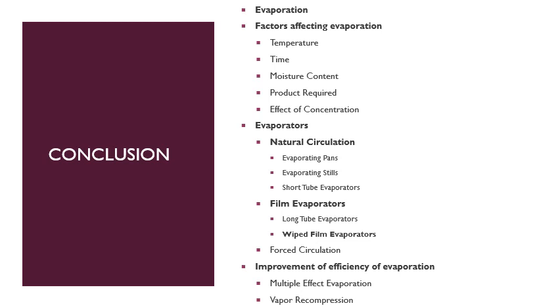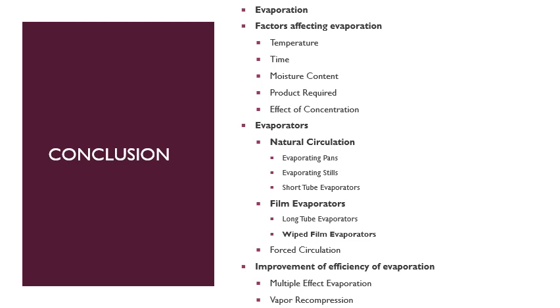When we provide the heat, there will be natural movement of the molecules, and no external force or mechanical force is provided for the circulation of the bulk of the liquid. In the evaporating pans, there was a simple pan which was heated through the steam jacket, and the evaporation was only taking place from the surface of the liquid, and this provided a much slower process, and there were more chances of the loss of the